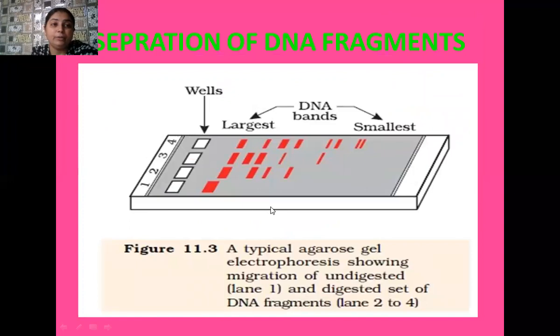Yes, students, here I am going to tell you about a very special technique that we generally use for separation and isolation of DNA fragments in genetic engineering, and that is the technique of agarose gel electrophoresis. So one diagram is visible to you. This is actually the agarose gel electrophoresis machine. So here you can see a container. In that container, we generally pour one agarose gel. This agarose gel is obtained from the seaweed.